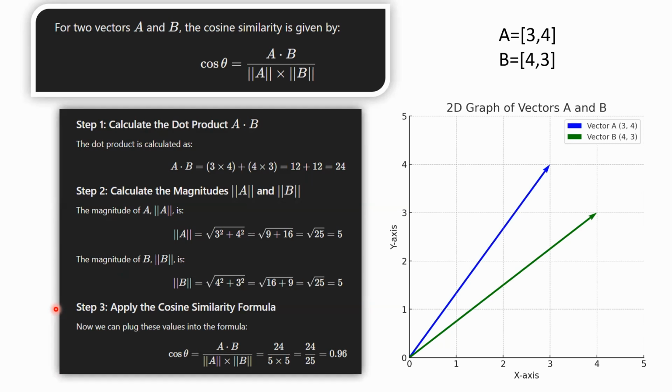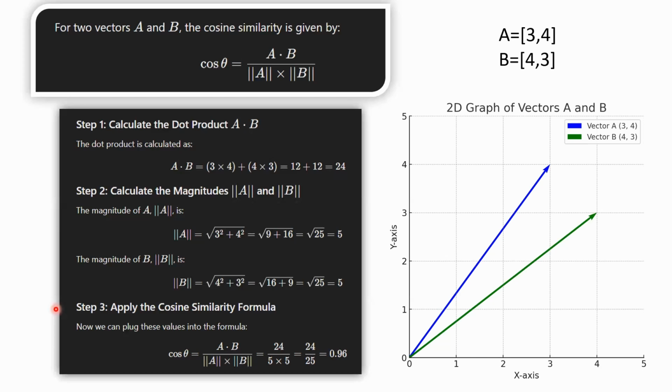If you don't want to get into the dot product, it's a simple scalar value output, which will give the same cosine value. Here, we are not going to just punch in the degree. We are just giving the vector values. For simplicity, we have given the 2-dimension vector. The dot product of A dot B would be 3 into 4 and 4 into 3, equal to 12 plus 12, 24,